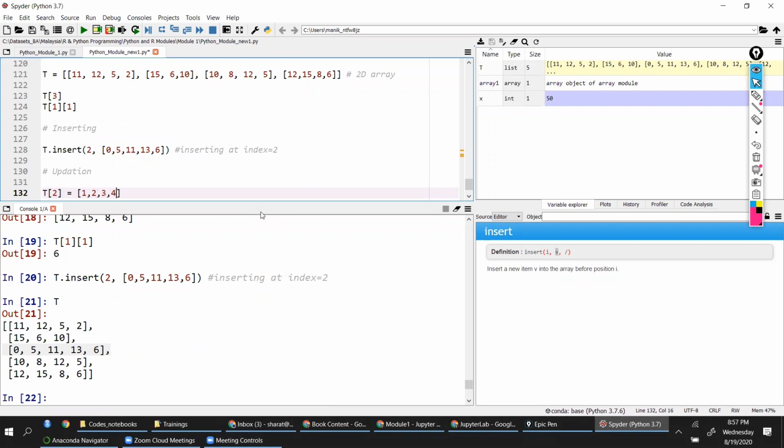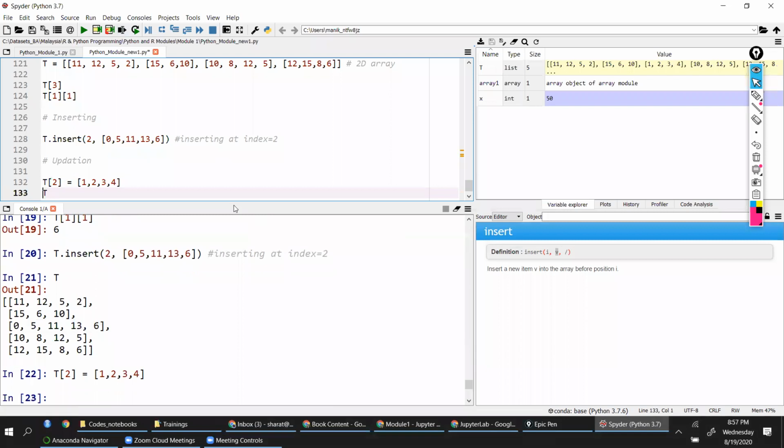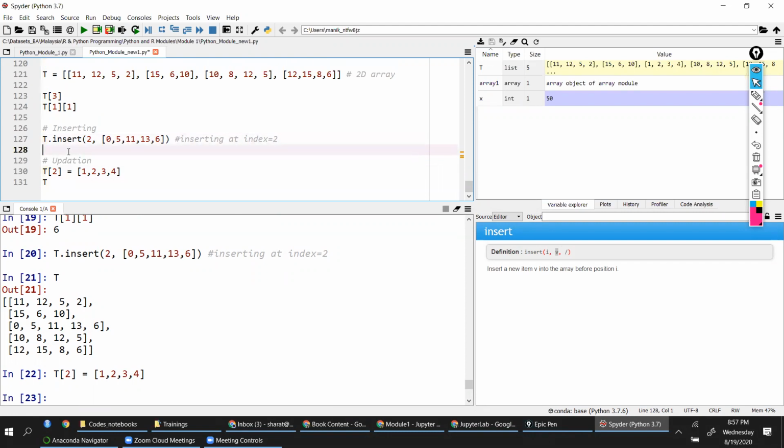I'll say 1, 2, 3, 4. I execute this. What happens if I say T here? Index 2 is replaced.